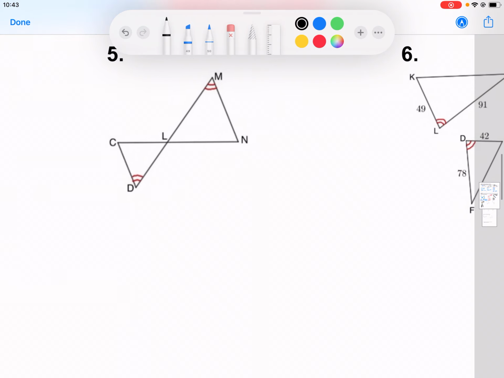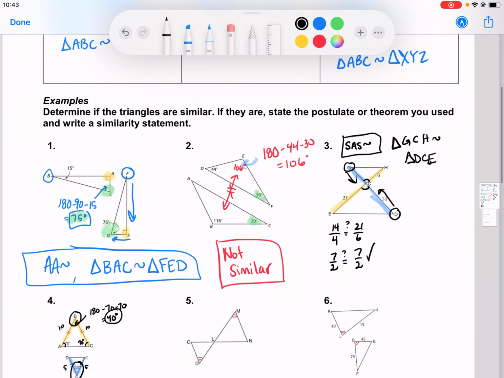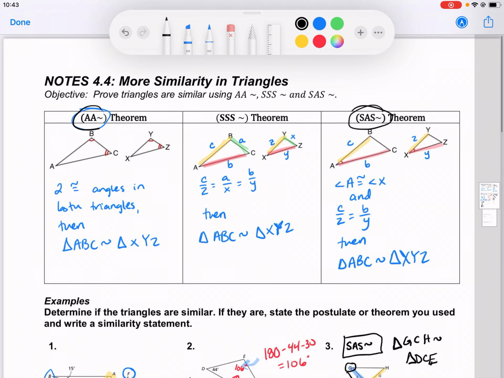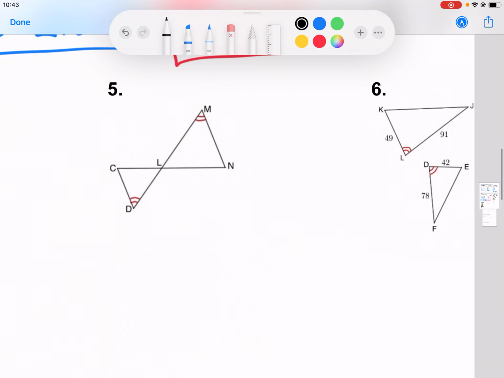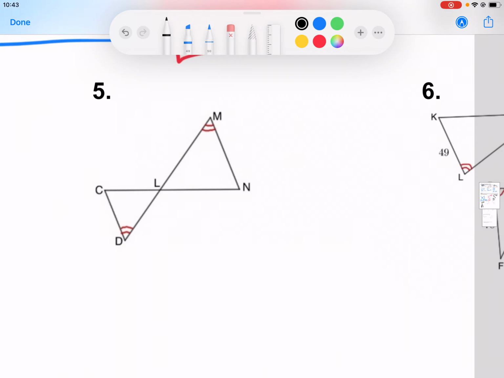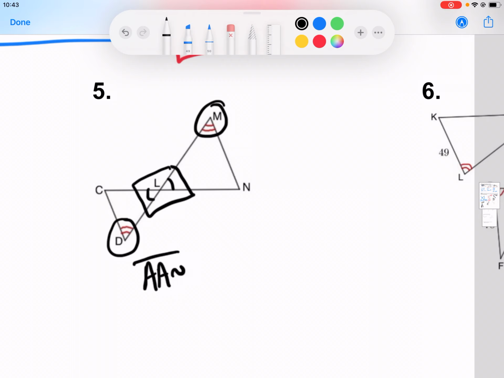Let's go on to another one. So this one is, once again, if there's no sides, chances are you're going to be going for the angle one. So let's look at number 5. There are no sides given to us. Remember, vertical angles are equal. So we have an angle right here, an angle D. We've got angle M and angle D are equal. And then we got this MLN and DLC are equal. So we know this is equal by angle similarity, which means we've got to make our similarity